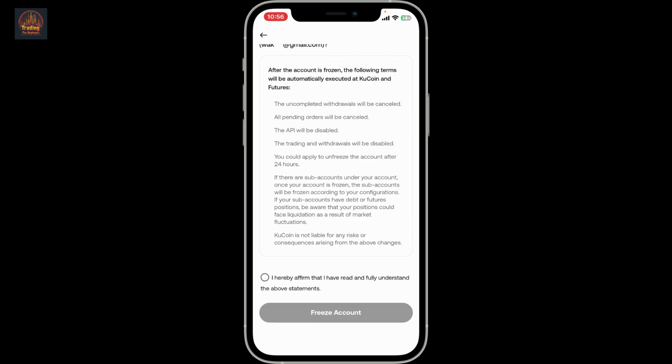If you choose to freeze your account, the uncompleted withdrawals will be cancelled, all pending orders will be cancelled as well, the API will be disabled, the trading and withdrawals will be disabled, and you could apply to unfreeze the account after 24 hours. So until the 24 hours time window, you will not be able to unfreeze your account